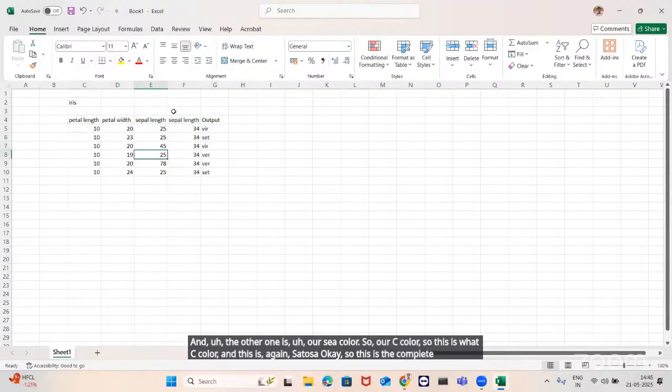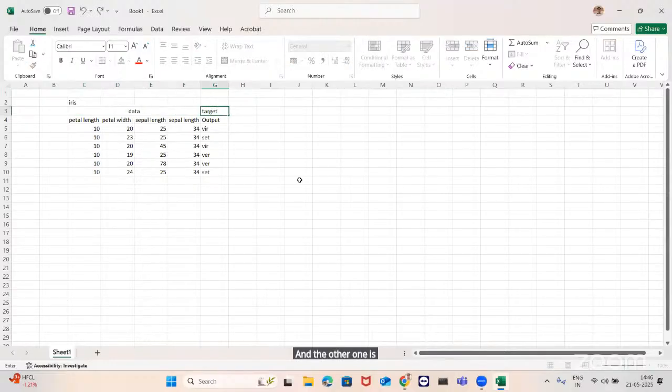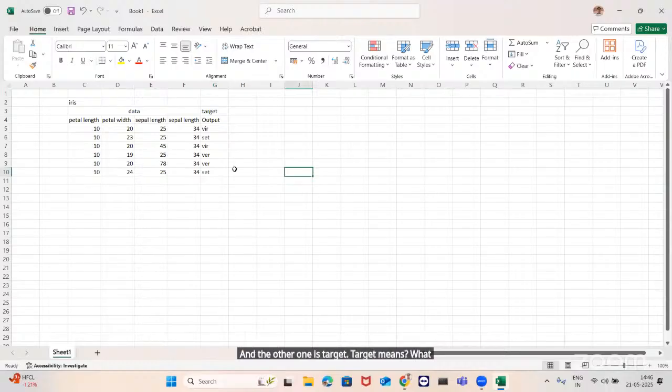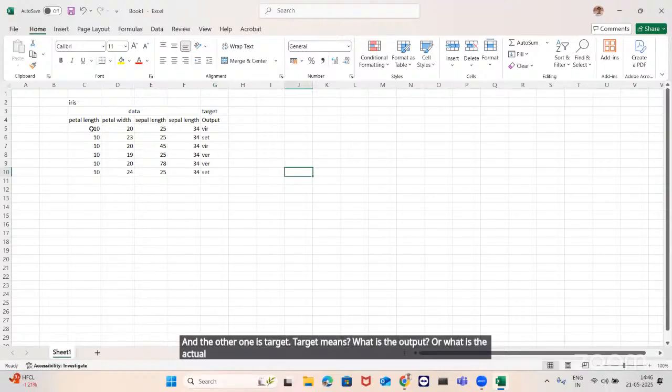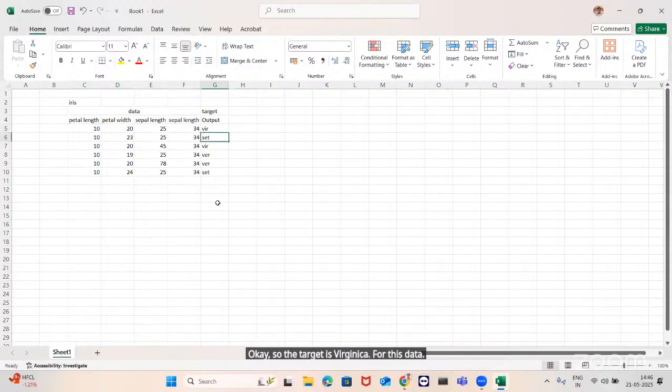So this data set has two parts. One is data. So we will call this as data, and the other one is target. Target means what is the output, or what is the actual label of this data, what this data is known as. So this data is for Virginica. Okay, so the target is Virginica. For this data, the target is Setosa. So in this way,